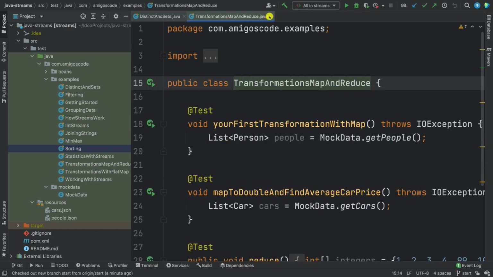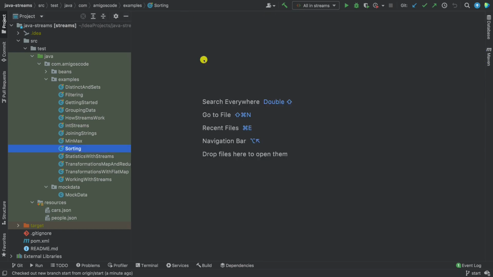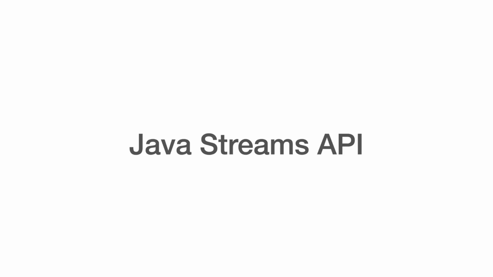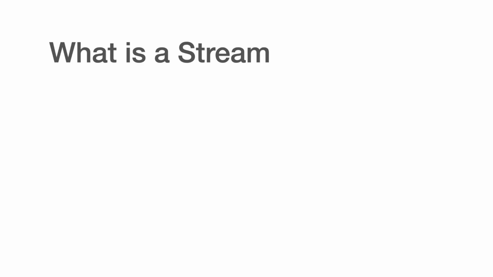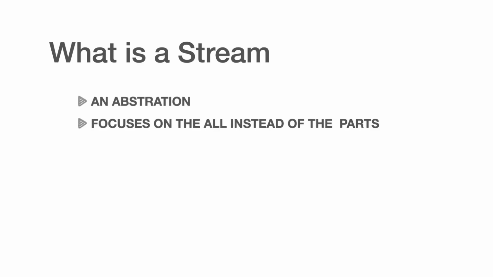Otherwise, let's kick off our journey in learning Java Streams. What exactly is the Java Stream API? Well, to understand that, let's focus on the stream itself. In this course, we're going to fully learn what exactly is a stream and how it works from top to bottom. So a stream is pretty much an abstraction, and it focuses on the overall picture